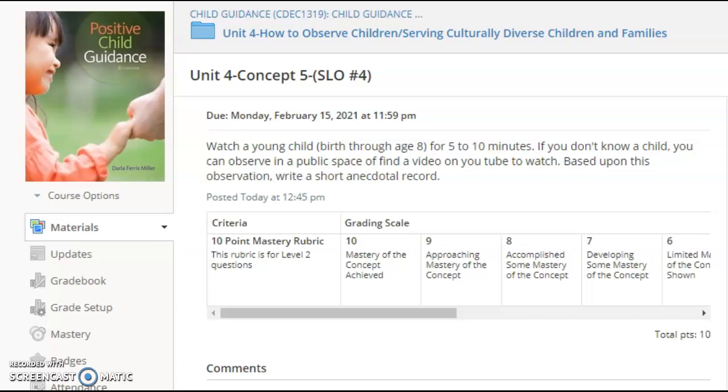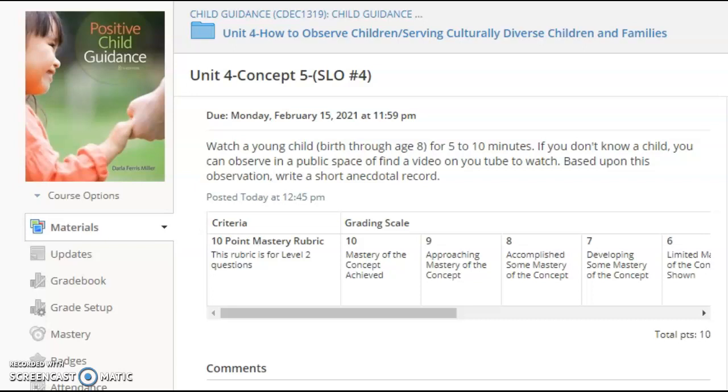Typically you wouldn't use just one anecdotal record, but for this, I want you to write just one anecdotal record. So watch a child for 5 to 10 minutes, pick a behavior you see. It doesn't have to be a negative behavior. It can be a positive. I could clearly see today that little Susan was able to put the shape pegs into the shape sorter. This was the first time that she had succeeded in doing all the shapes, and she was very proud of herself. So it can just be a short summary of whatever occurred